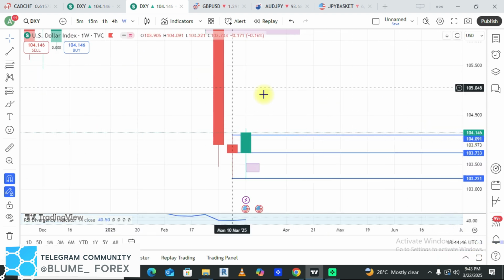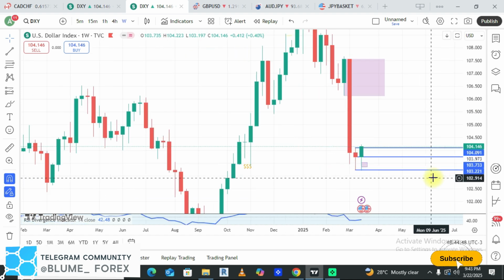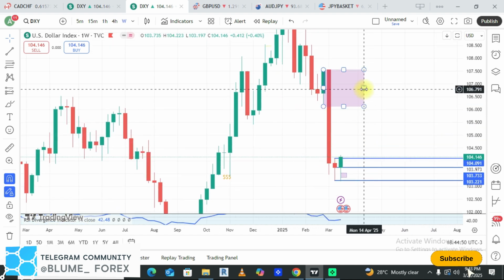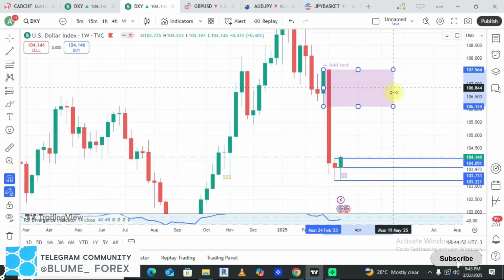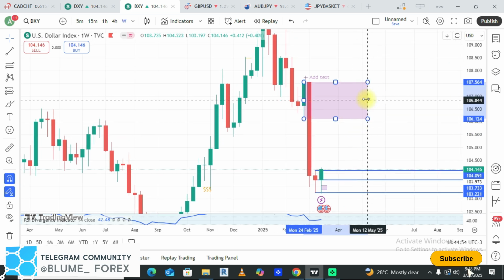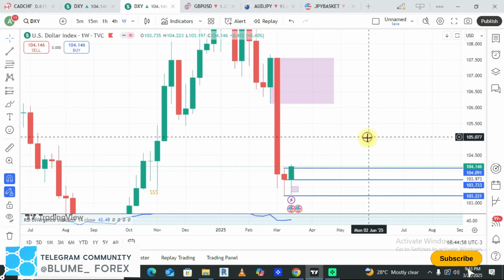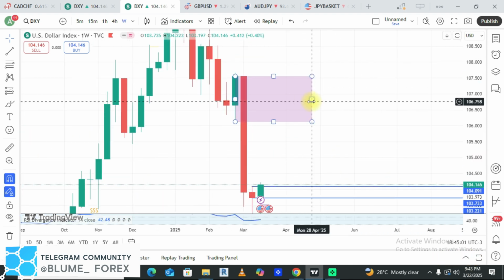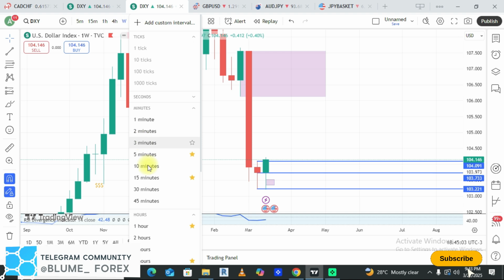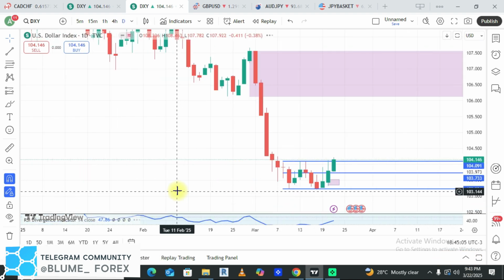So we are looking for price to remain bullish till this fresh supply. This is the next target for price. Now we have a demand that's in control, and then we'll be looking for the target, which is the supply, right? So on the daily, right,